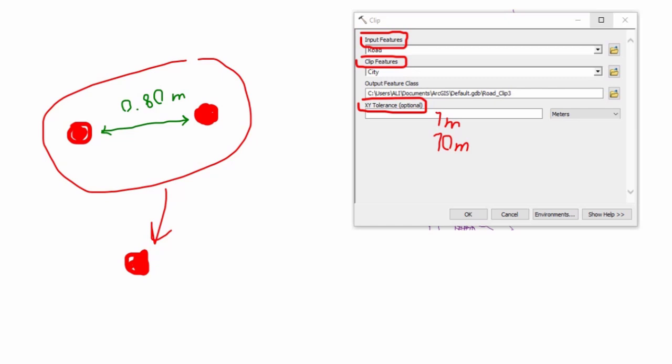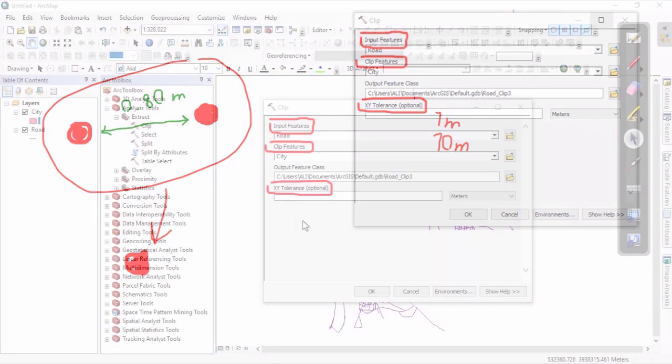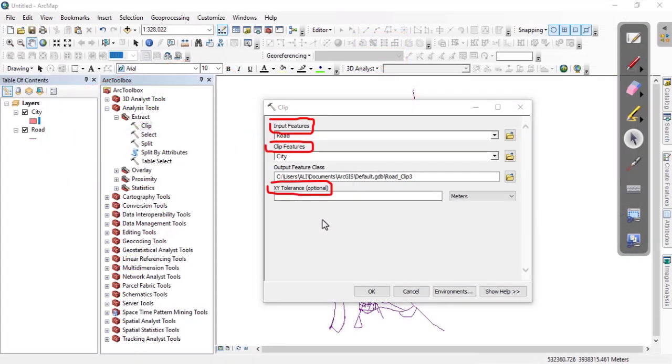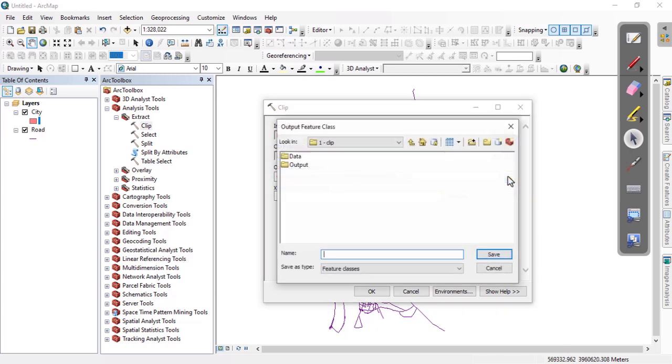If the XY tolerance is smaller, the spatial accuracy increases, but the data size also increases. If the XY tolerance is larger, the spatial accuracy decreases, but the data size becomes smaller. In most cases, the software's default value is suitable, and there's no need to change it. After selecting these parameters, specify the output path